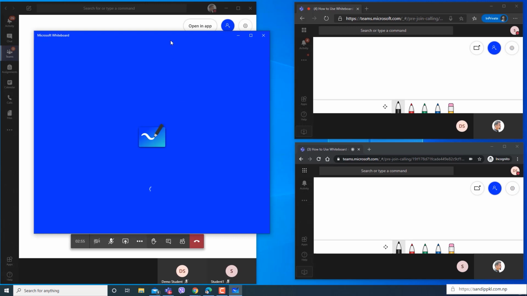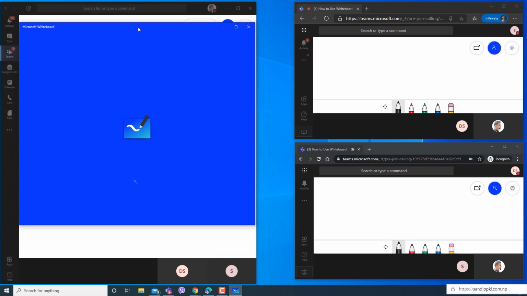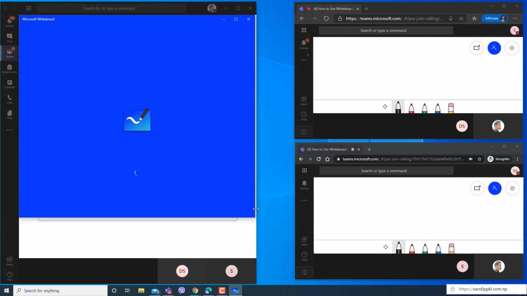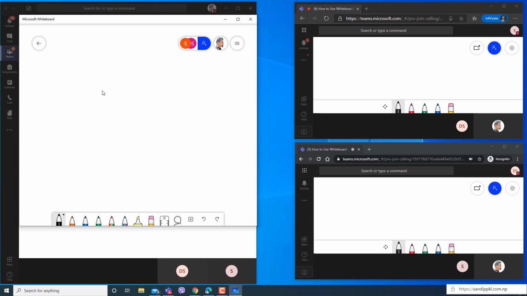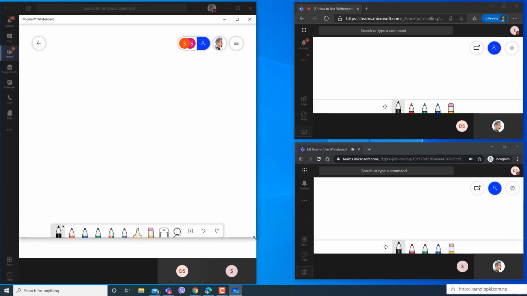You can fix the screen. I will set it as previous one. Yeah, this is desktop whiteboard app, not online one.